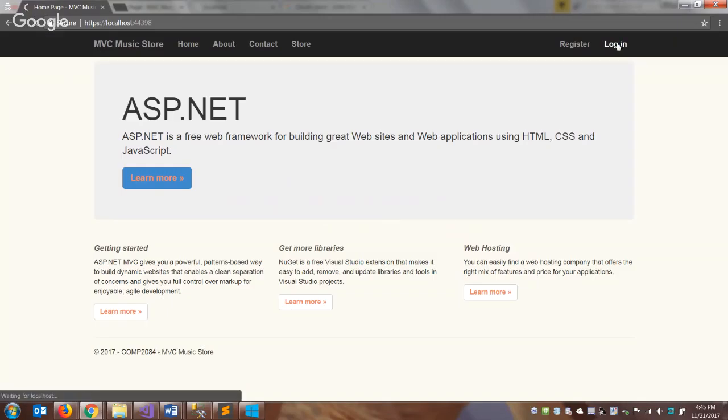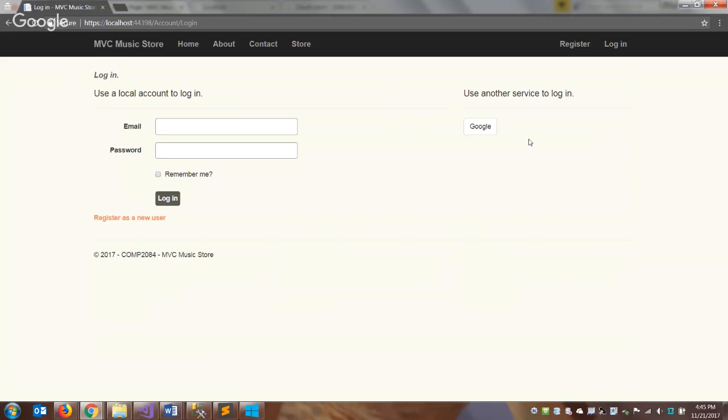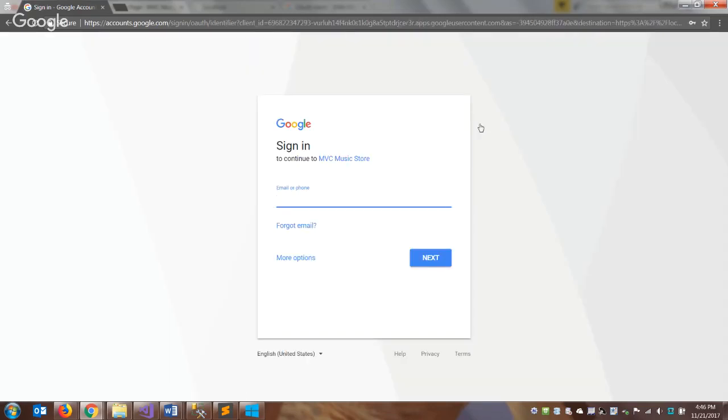And now when I click on login, automatically we have a Google button added by ASP.NET Identity. Right? We didn't have to do anything. All we had to do was uncomment those 4 lines. And it knows. So now when we try to log in with Google, it checks if we're signed in. Notice here's where our little name shows up. Again, as I said, you can customize this by adding links, adding a logo to your site and all that. We didn't do that. So now if I log in with a valid Google account,